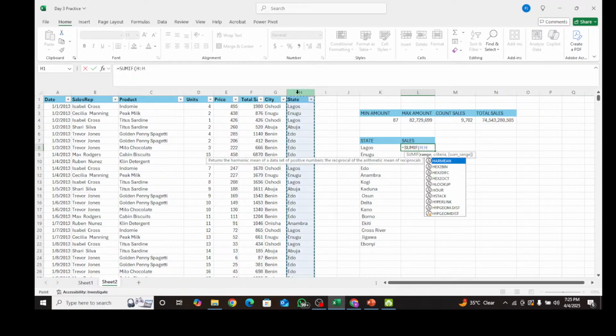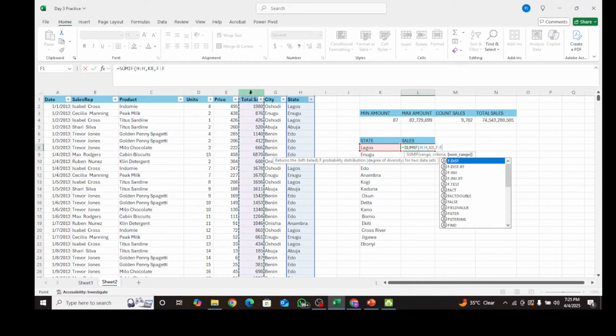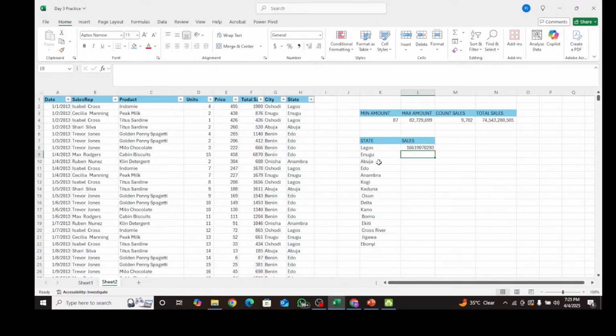I will just click column H, equals to, what is the criteria I'm using? I'm using the Lagos criteria. And which area am I summing? I'm summing column F. Then I just click enter or close parenthesis,